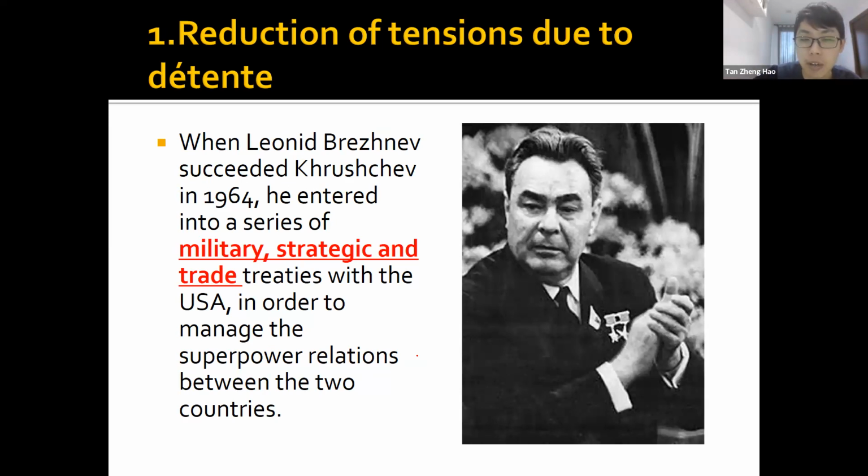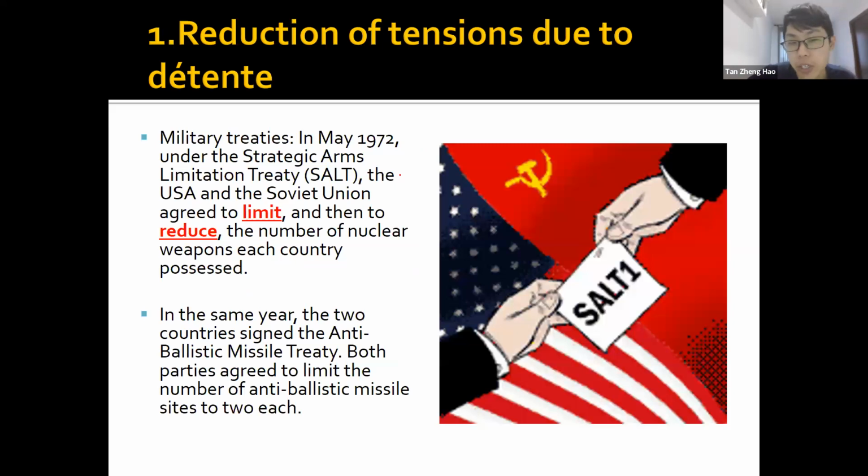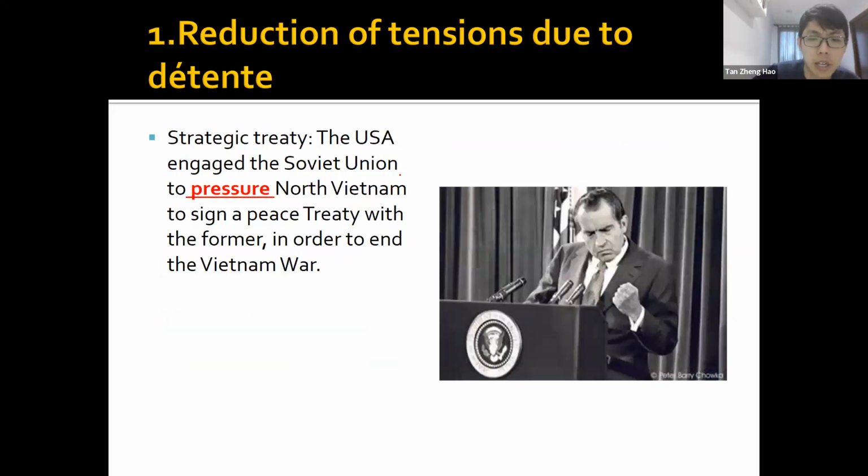So this can come into various treaties, okay? And they want, again, like I said, they want to basically reduce arms, so the Strategic Arms Limitation Treaty. So basically some sort of arms reduction will reduce the tension. Okay, some of the examples: USA pressuring North Vietnam to sign a peace treaty, telling them, at this time, this